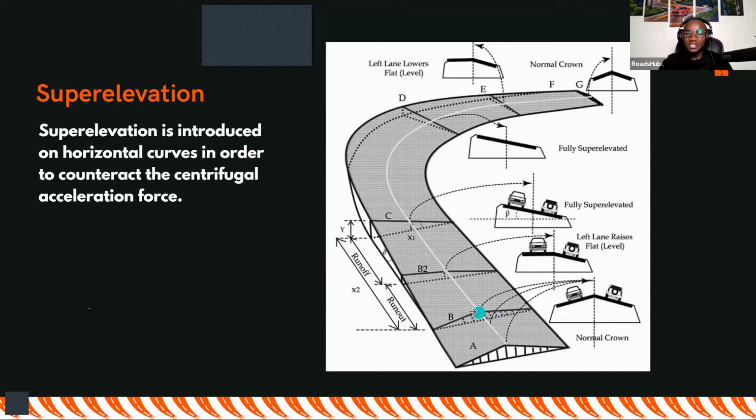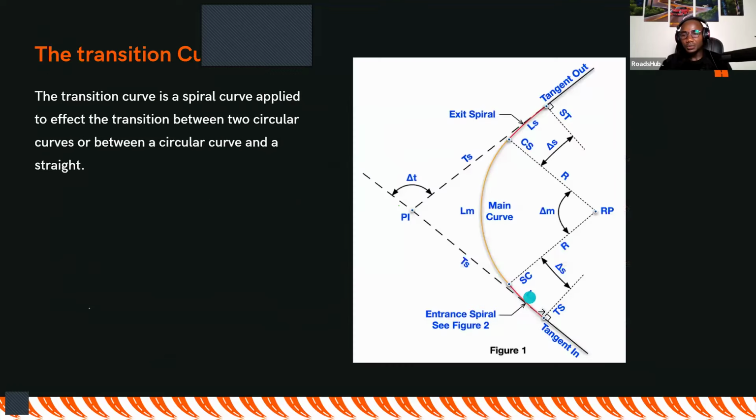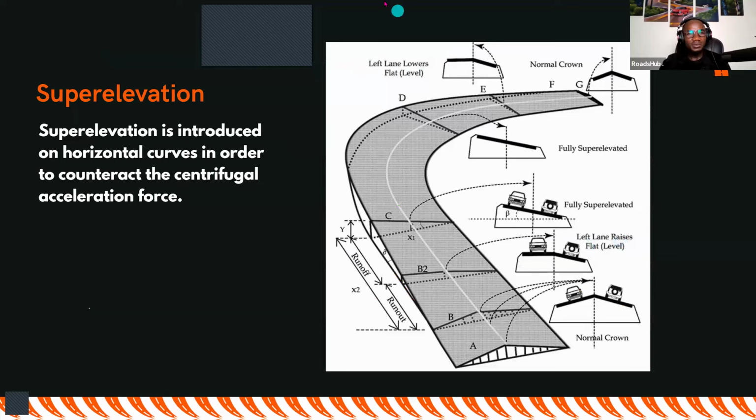And exactly at this point, you can see that this is point A, where we have the normal crown. If we go to point B, this could be equated to this point here, the TS. That is the beginning of the transition curve, where we have the tangent and the normal crossfall. And then at exactly this point, this is where the road now starts to...